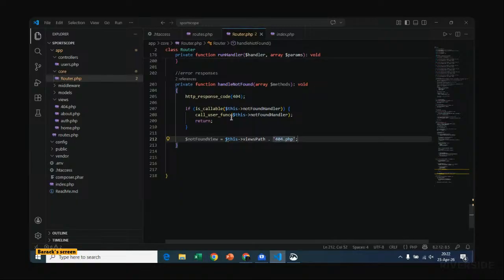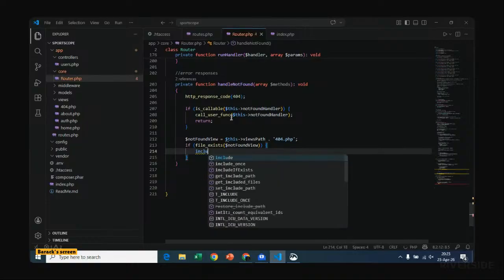There is a possibility that it exists or doesn't exist. So if the file exists, the not found view, then what should we do? In case it exists, we shall include it as a not found view.